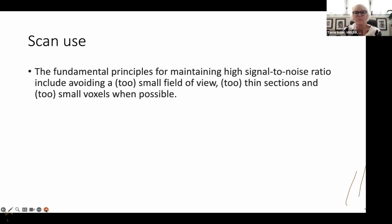So the fundamental principles about getting high quality imaging, and I'd really encourage you all, the imaging is only going to be as good as the quality of the imaging you get off the scanner. And the first thing, of course, is to keep your baby still. The second is that you want what we call high signal to noise. And this means that you want your technicians, and this is really led by your radiologist, who's going to be your new best friend, to make sure that your field of view is